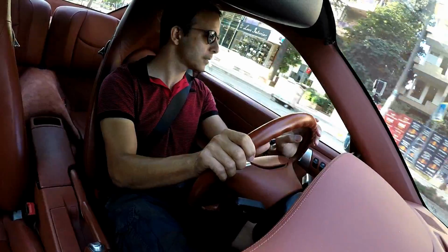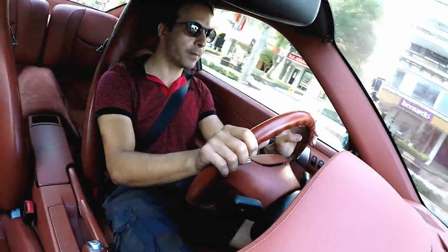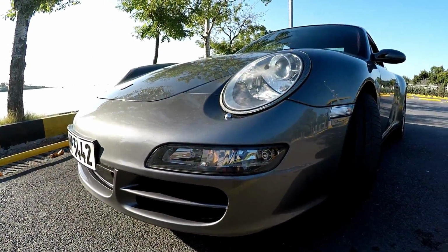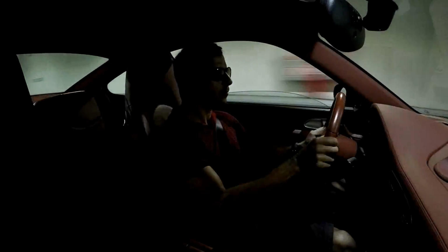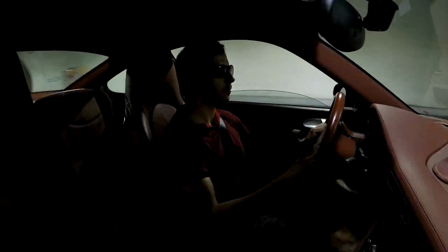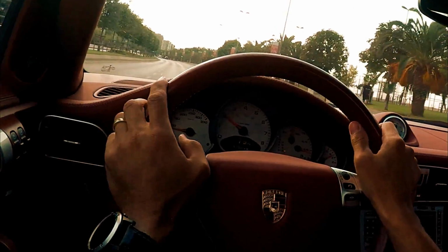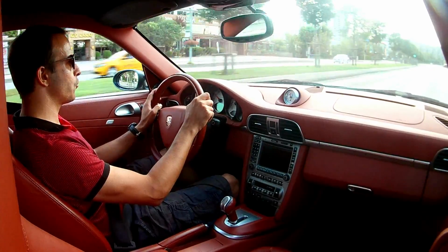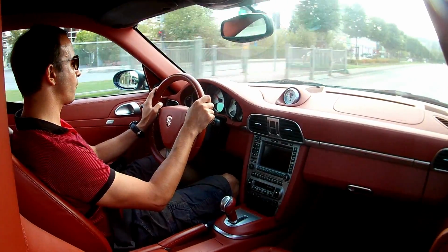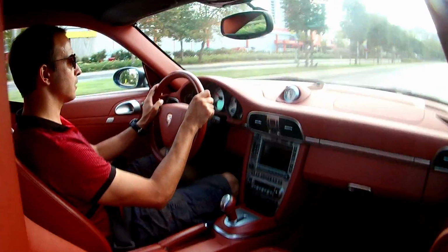First generation 997 cars are almost the same as the 996 cars in terms of mechanics. It's a bit like a 996 in designer clothes. This car has a 3.8 liter engine with 355 horsepower. And you can feel that it's got more mid-range torque. I mean, to really move in my car, you have to keep it above 4,000 RPMs. And although this car is Tiptronic,